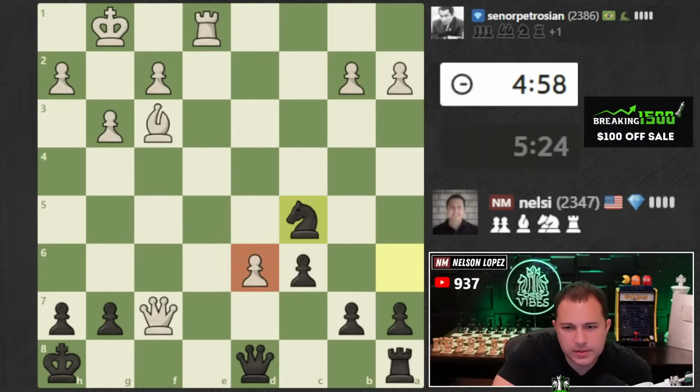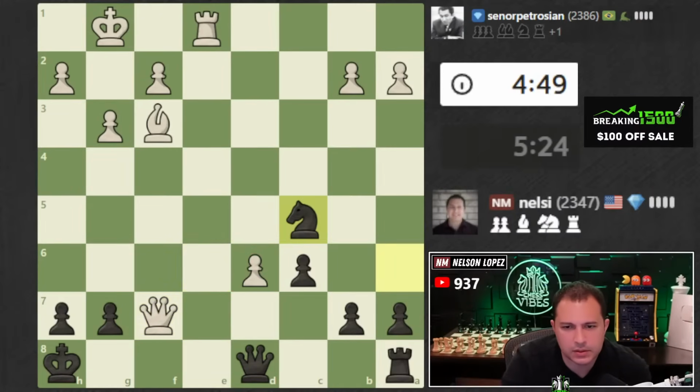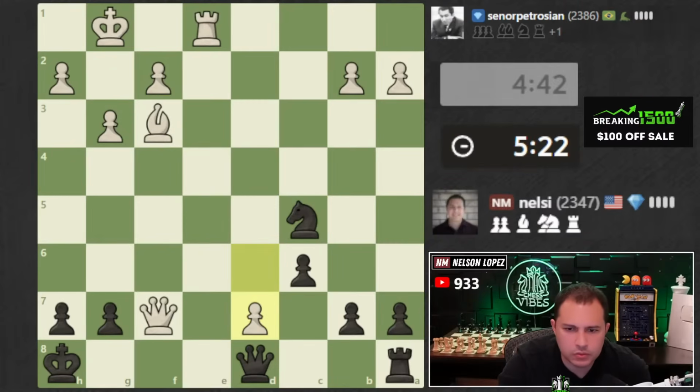Oh, wait, his pawn's undefended now. I just noticed that. I could have actually taken it. No, I couldn't. I would have lost. Okay, so I didn't miss anything. But now... No, I still can't take it. Okay. Because rook e8...